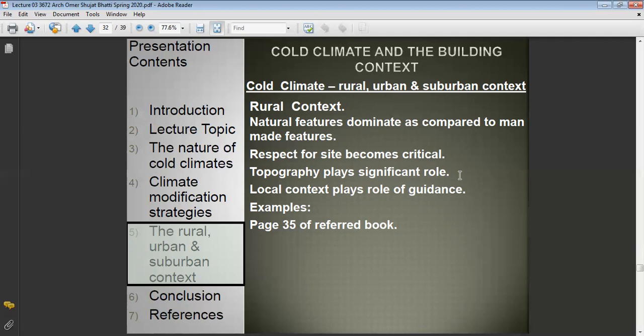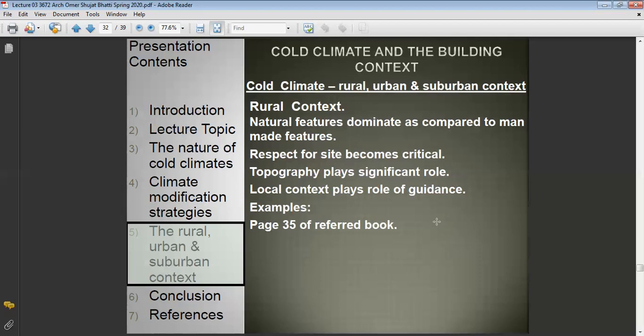We need to have respect for the site. Topography plays a very significant role because accessibility, transformation of the land, and respecting the topographical levels towards developing the site are very important. Local context plays the role of guidance and has to be predominantly utilized, just like the